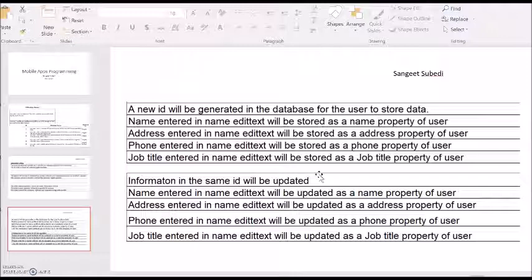And then if we already have the data in the database, we can update it too. For that one, information in the same ID will be updated. It's not going to generate a new ID. The email entered will be updated in the email property. The name entered will be updated in the name property. Address will be updated in the address property. Phone will be updated in the phone property of the user, and job title will be updated in the job